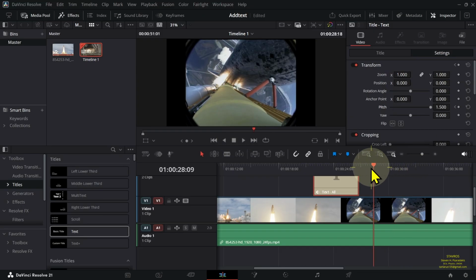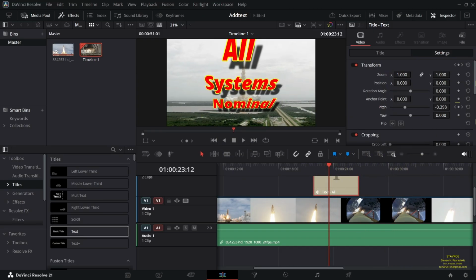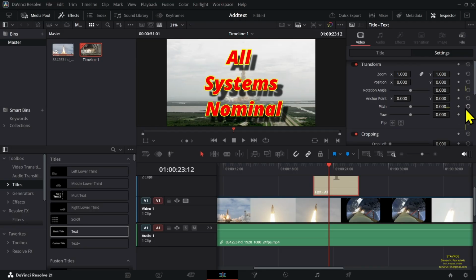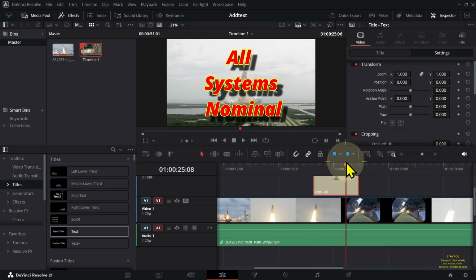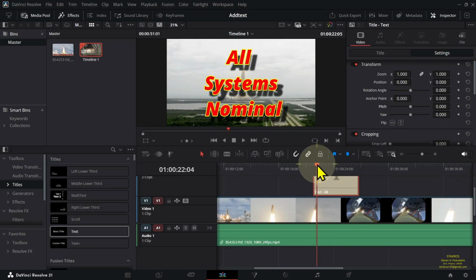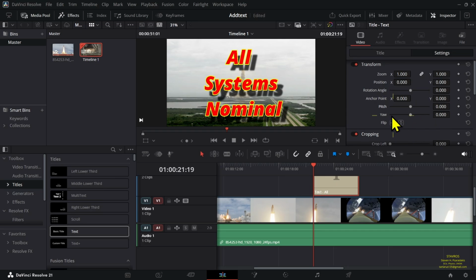And move the playhead back into the text box. I'm going to press the reset button on pitch and that resets it. So now there's no pitch when we move the playhead. Go to yaw,